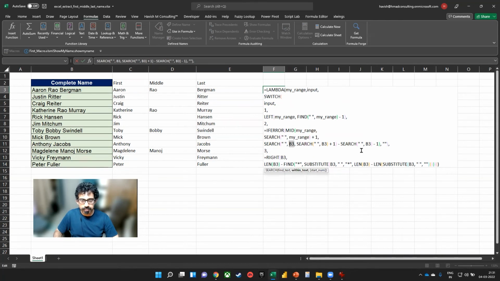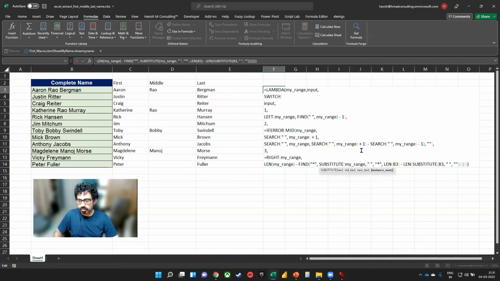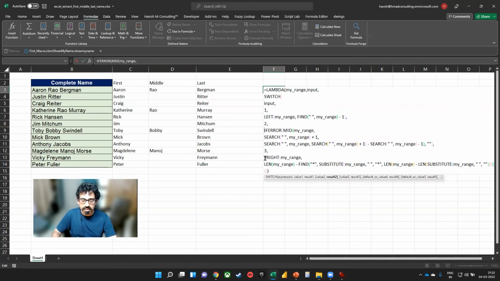One more time. And let's also remove these extra equal to signs.